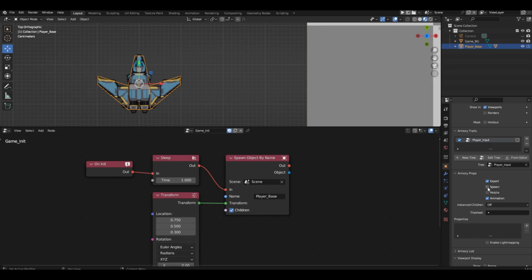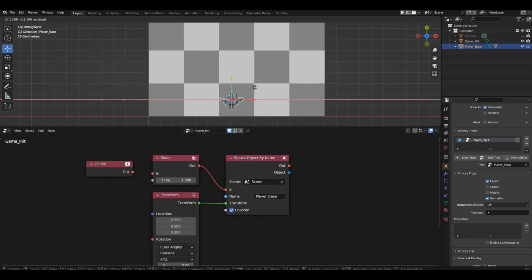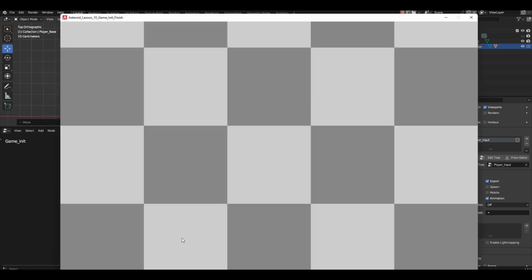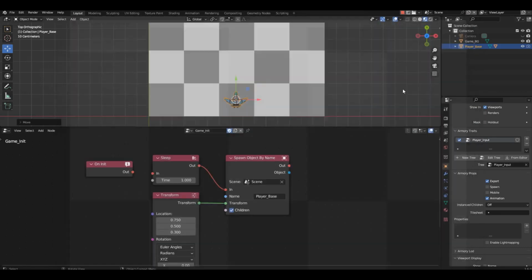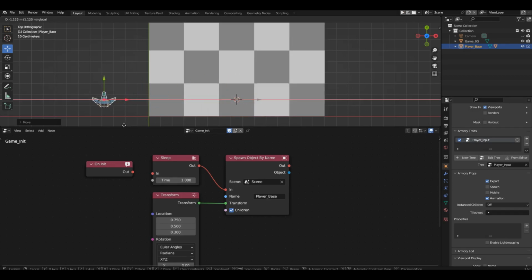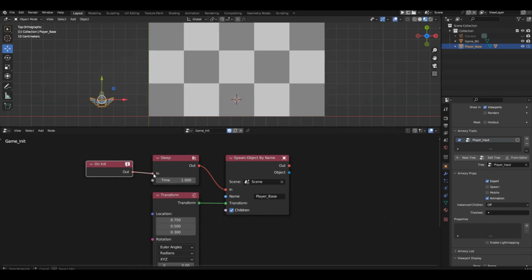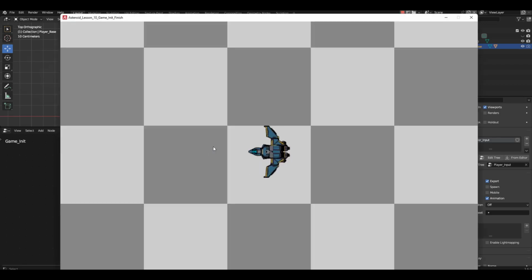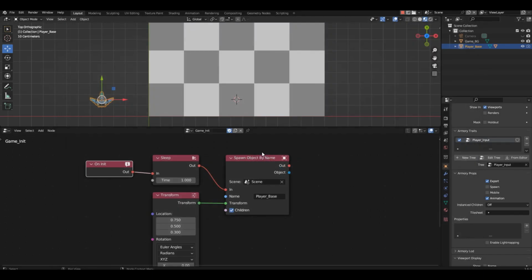Let's check it. Disable the blocks to prevent object spawning. Let's move our ship onto the stage again and start the game. There is no object, and he won't show up. Move our spaceship back off the screen. Connect the blocks and run the game. After a second, our spaceship will appear in the center of the screen. And this time, there will only be one.